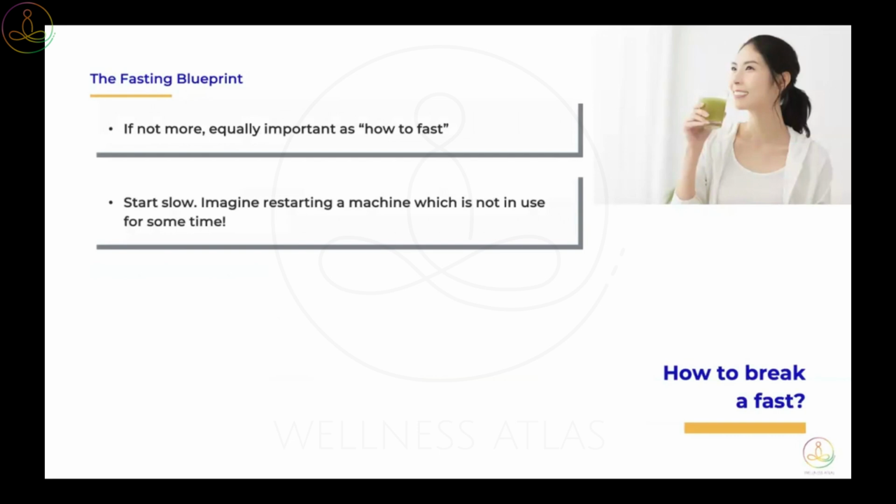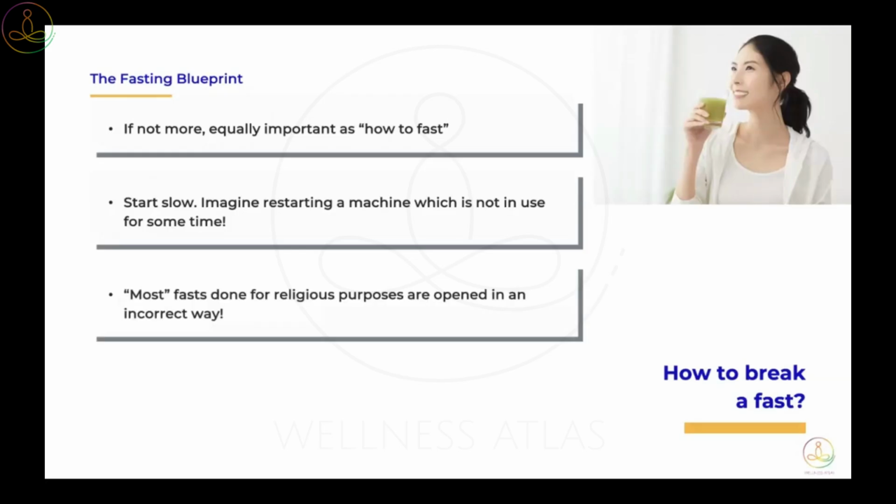Imagine you have a machine in a factory. The machine has been down for a month, it's not been used. Now you will not give a huge load of raw material on day one and start the machine, right? It is not good for the life of the machine. So you start slow, give a small batch, let it process, warm it up a little bit, then give a little bigger batch. That same common sense has to apply to this machine as well, right?